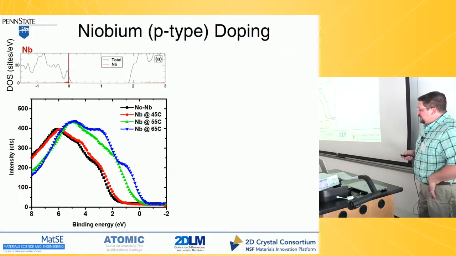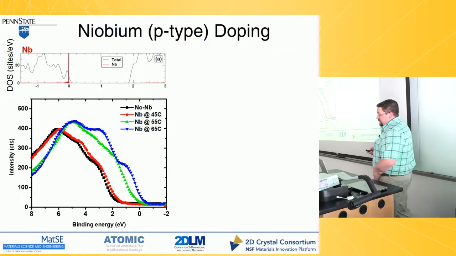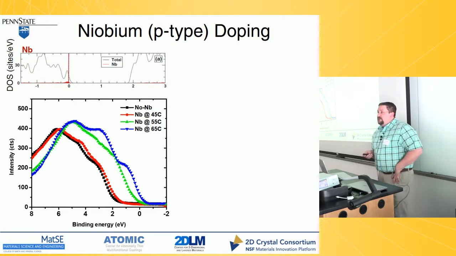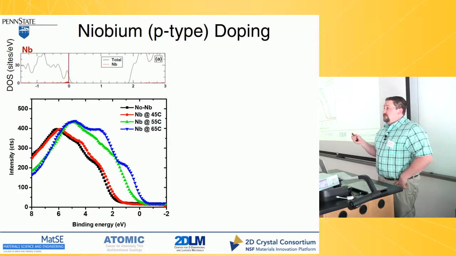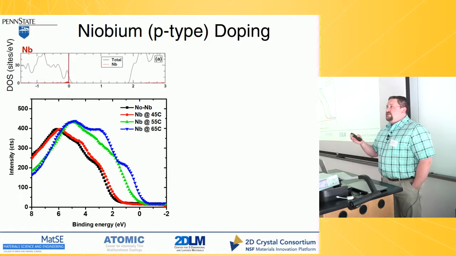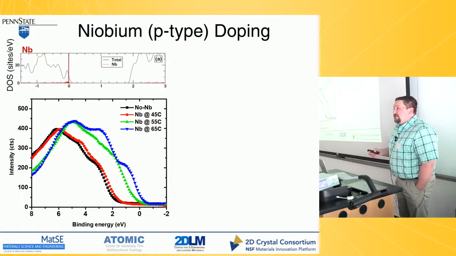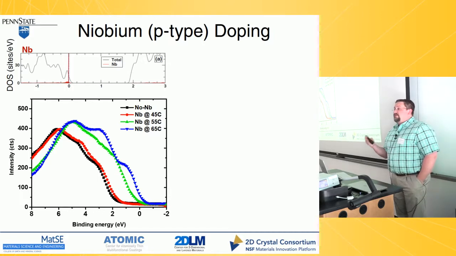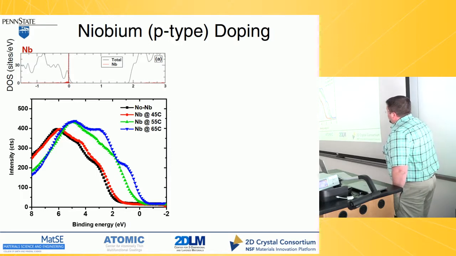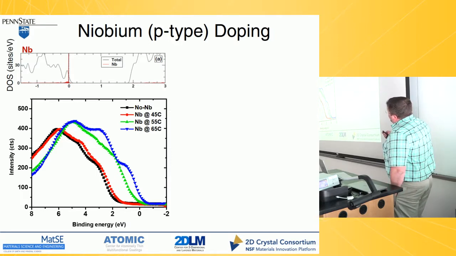The other thing we're doing is niobium. So showing here in this particular case, niobium is supposed to be a p-type dopant, which is much more difficult to do than an n-type because MoS2 is not intrinsically n-type, but because of the way we grow it and because of that wide range of things, quite often it ends up as n-type simply because of vacancies and defects. So we use niobium